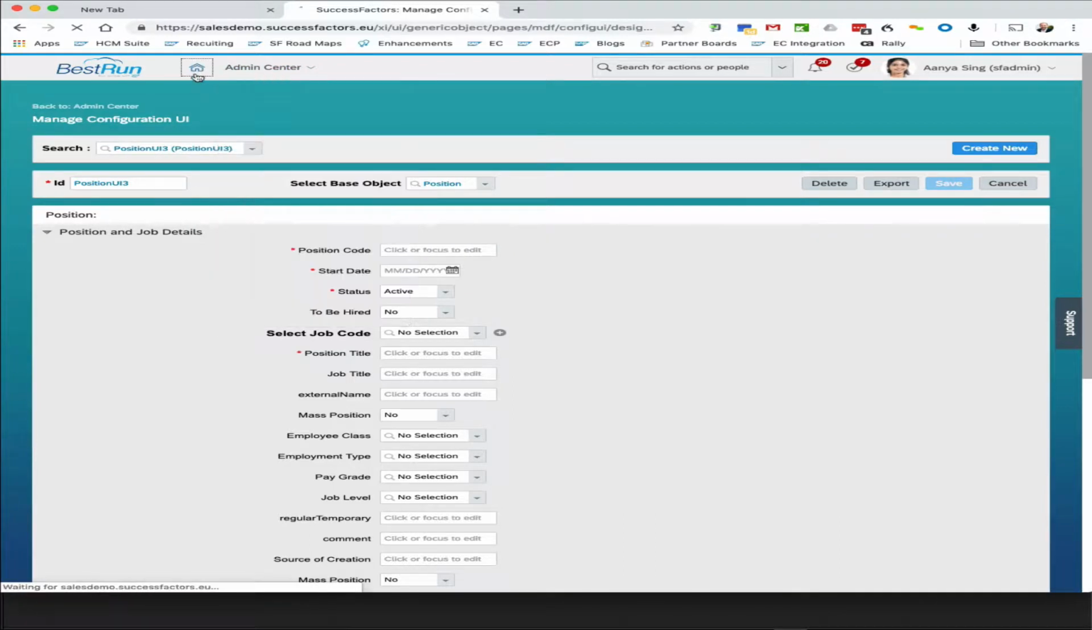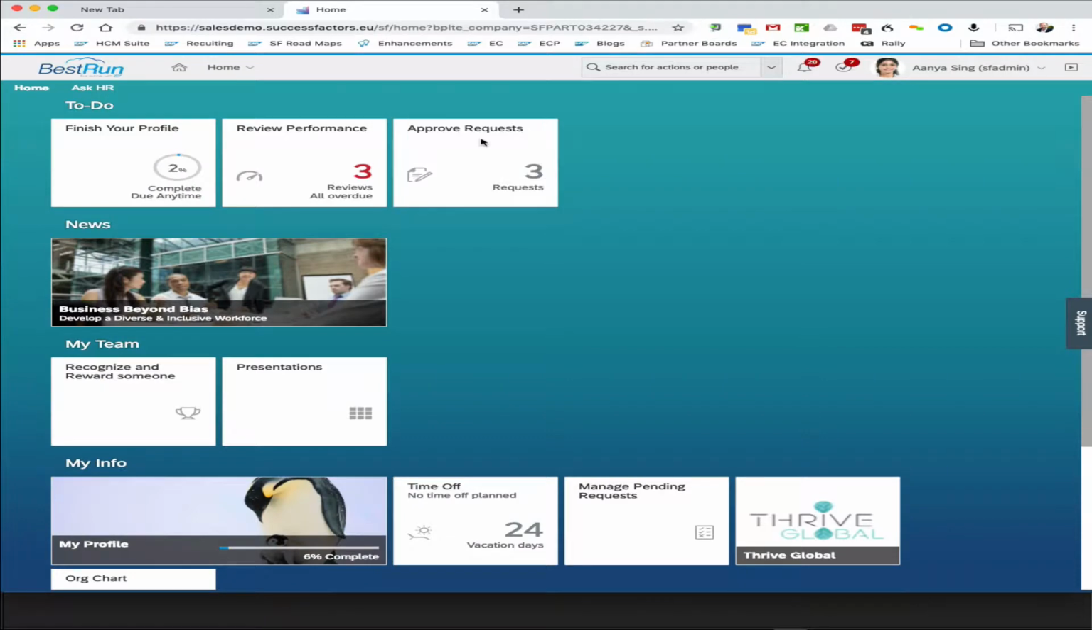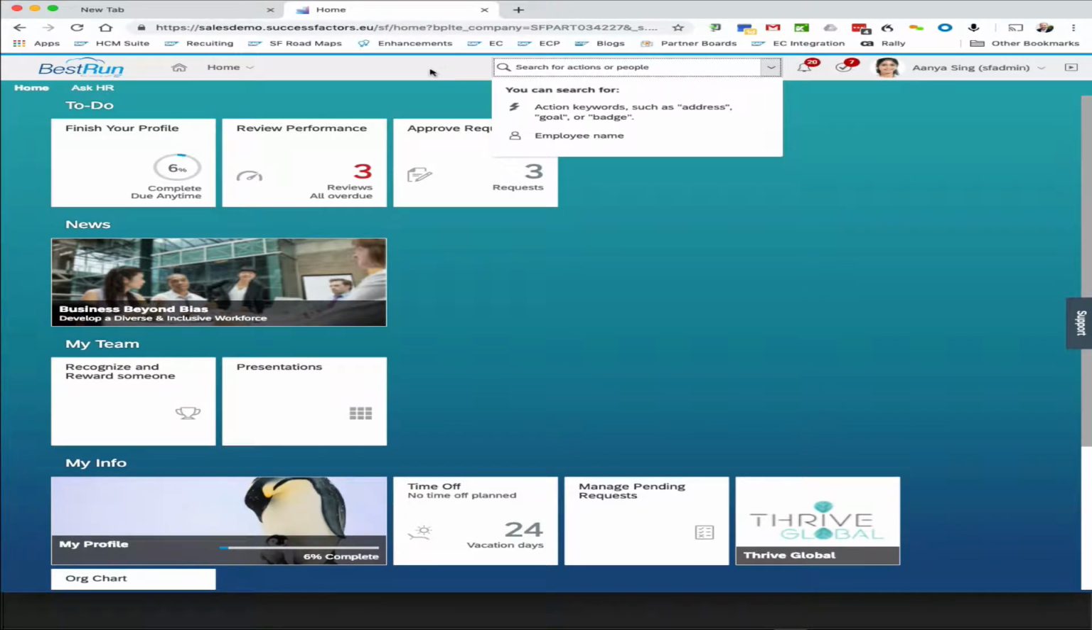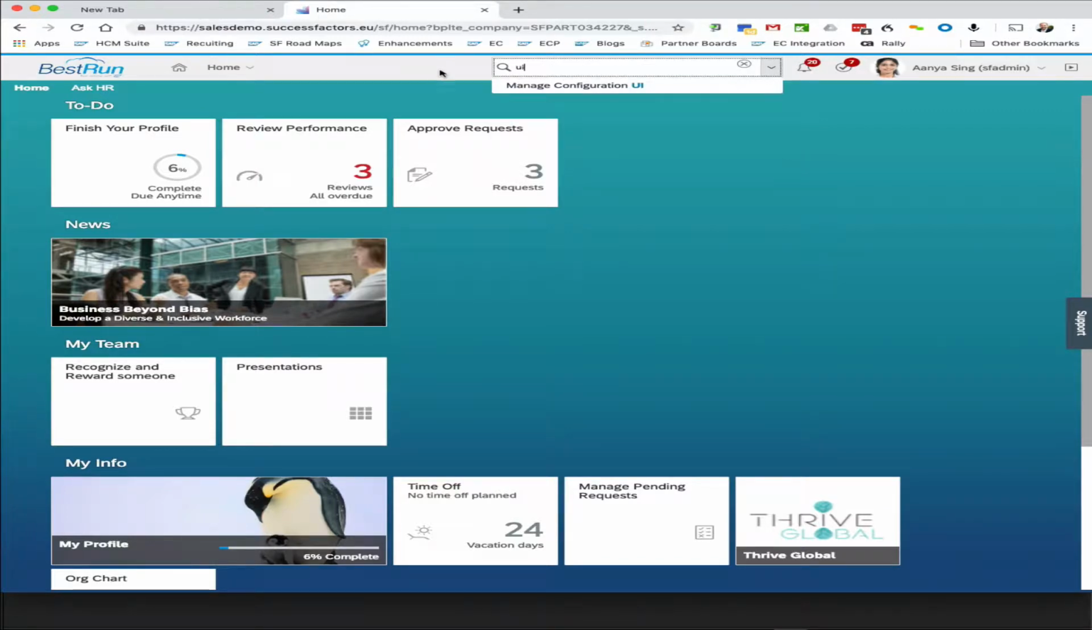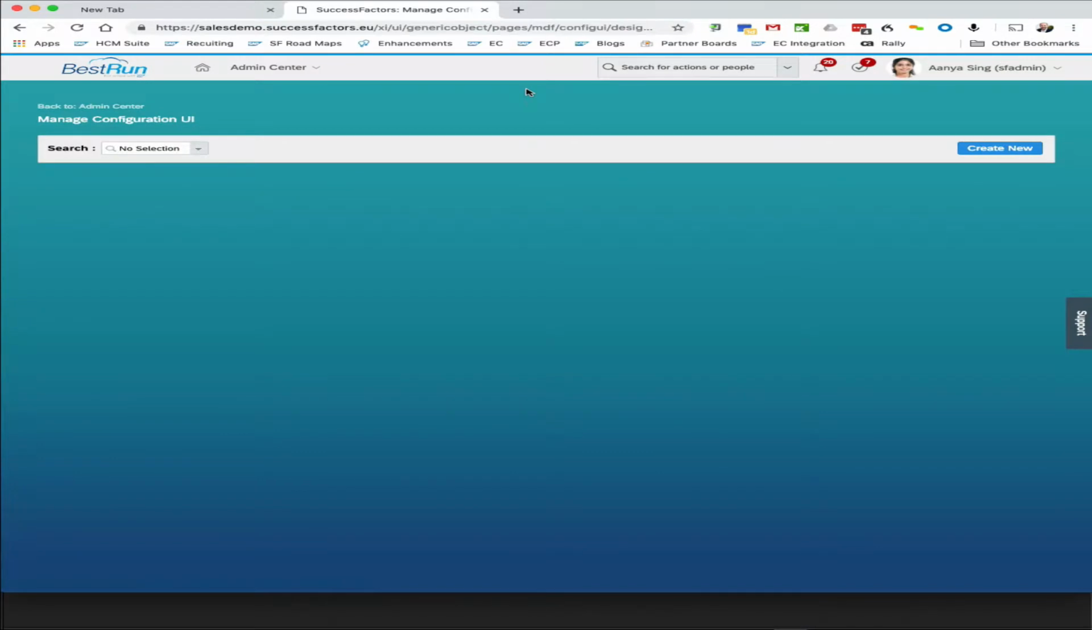Okay, so I'm going to start at the home page just so that you can get your bearings. I'm going to go to Config UI, Manage Configuration UI, and you can see that brings me to this screen, and then I can see what all configuration UIs are already in the system. You're going to be delivered with configuration UI for the positions,